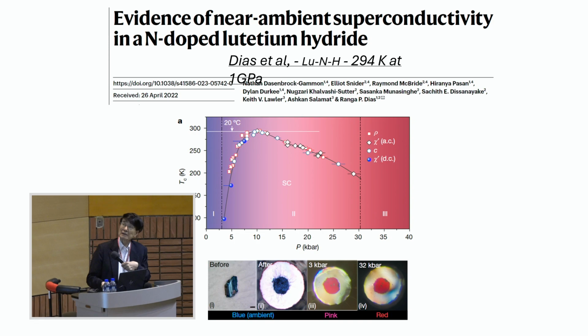One of the most exciting things was by Dias from the University of Rochester. They published this curve in Nature. As you can see, they claim the important thing, and he also published many others. In these, they claim you don't need such a high pressure. You get superconductivity at room temperature at pretty low pressure, something like 10 kilobar. They also show their sample, very interesting, under pressure change in